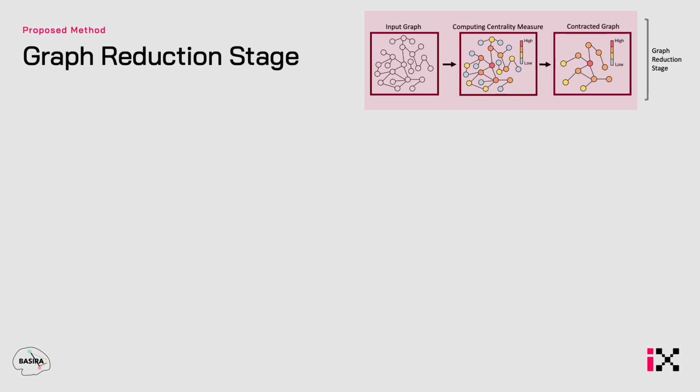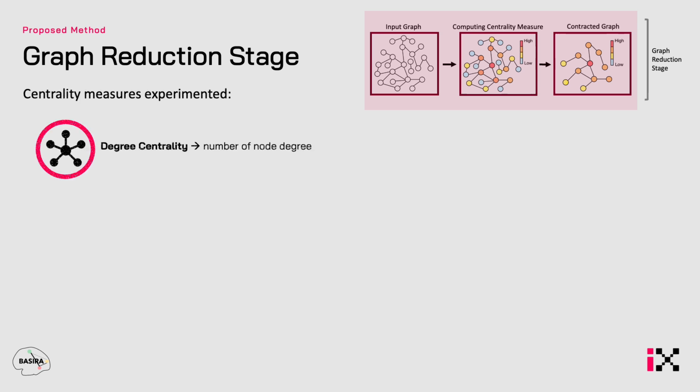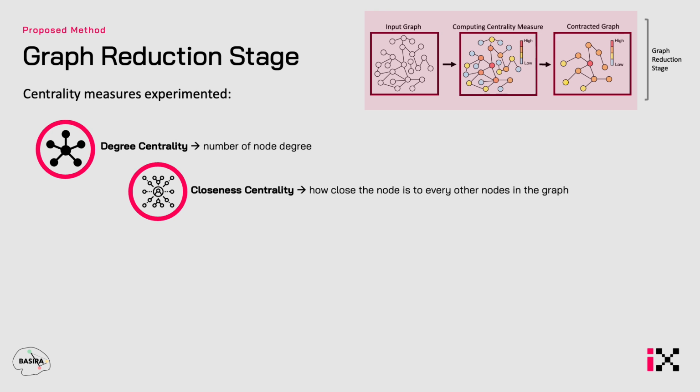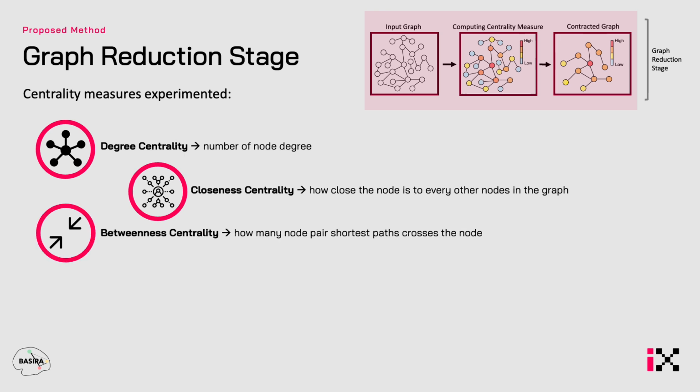Next, regarding the centrality measure itself, we experimented with the following centrality measures. First, the degree centrality, which is essentially the degree, or number of edges connecting the node. Next, closeness centrality, which corresponds to how close the node is to every other node in the graph. Then we also experimented with the betweenness centrality, which is basically the number of node pair shortest paths that cross